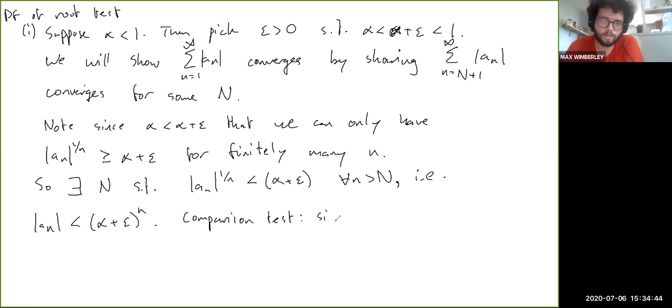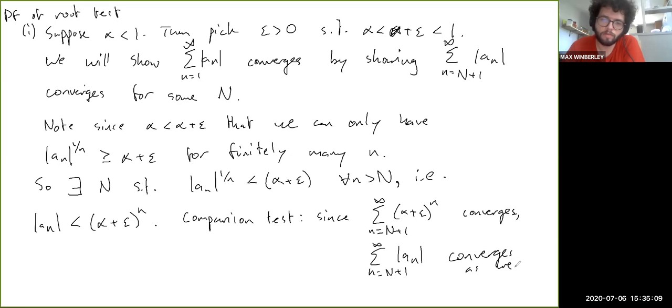Since the series from n equals capital N plus 1 to infinity of alpha plus epsilon to the n converges, then the series from n equals capital N plus 1 to infinity of the absolute value of an converges